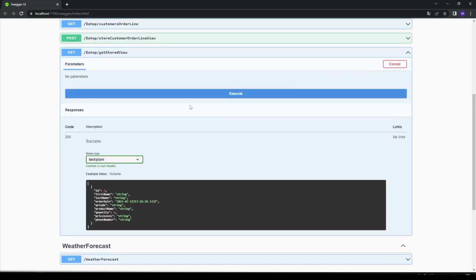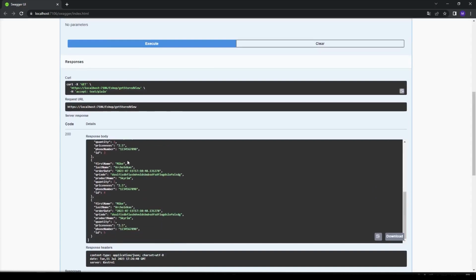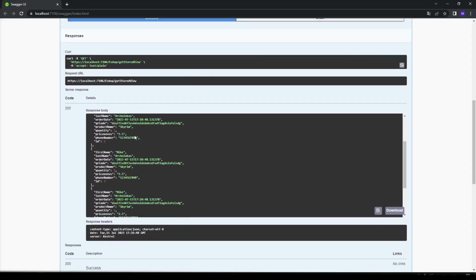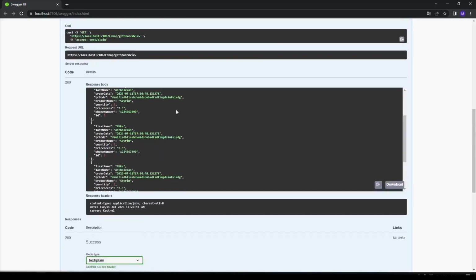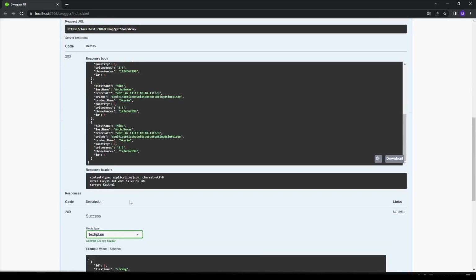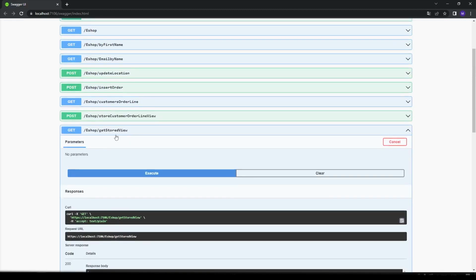and now we're going to close this and get stored view, and we will just execute it. We are getting again the result of the joins from before, because we stored the joins as a view, and now we can get it over and over again. See, we can clear it, we can execute again, and we are getting the result of this stored view. You can see here is a different method,